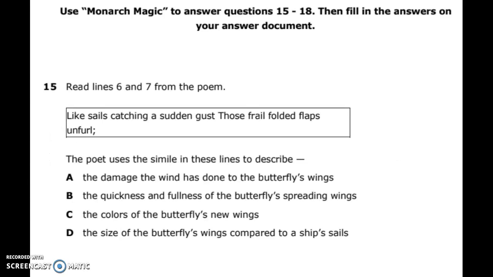Use Monarch Magic to answer questions 15 through 18, then fill in the answers on your answer document. 15. Read lines 6 and 7 from the poem. Like sails catching a sudden gust, those frail folded flaps unfurl. The poet uses the simile in these lines to describe